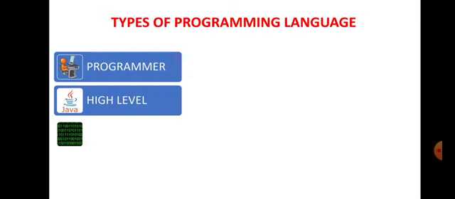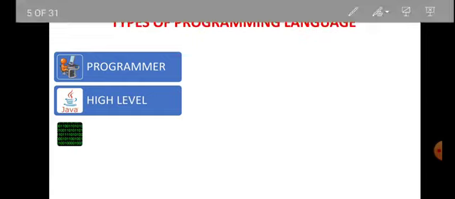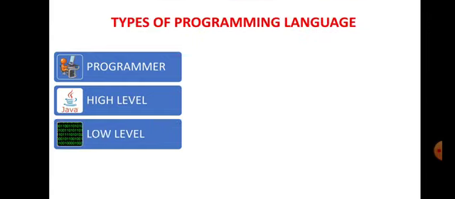Now the next one, as you can see, is the combination of 0 and 1. Now this 0 and 1 is called a low level language. This low level language is the language which a machine can understand.